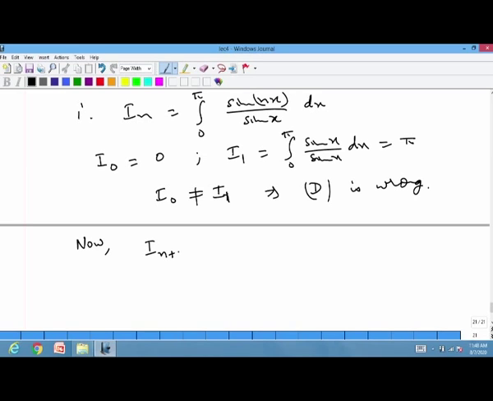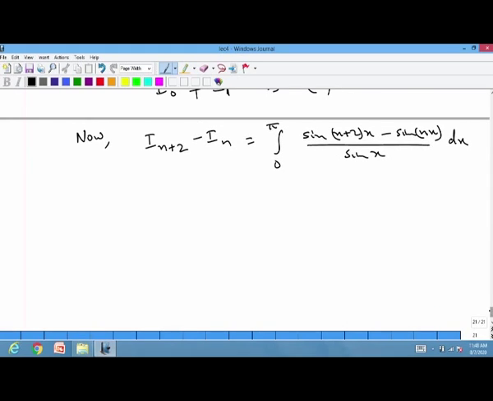So, if we look at I_{n+2} minus I_n, this will be the integral from 0 to pi of (sin((n+2)x) minus sin(nx)) divided by sin x dx. Now, we can use the formula for sin C minus sin D. So, this is equal to the integral from 0 to pi